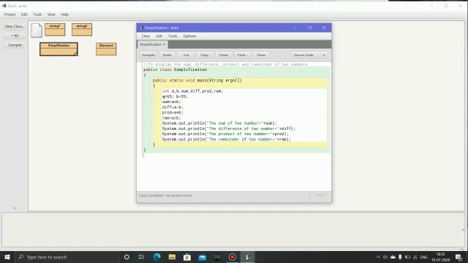Now I will input the value: a is equal to 65. I have taken value 65 for a and for b I have taken 35. Now I will put in the formula. Because I want the sum of two numbers, a plus b, I will write sum equals a plus b terminator, then difference equals a minus b terminator, product equals a multiply.